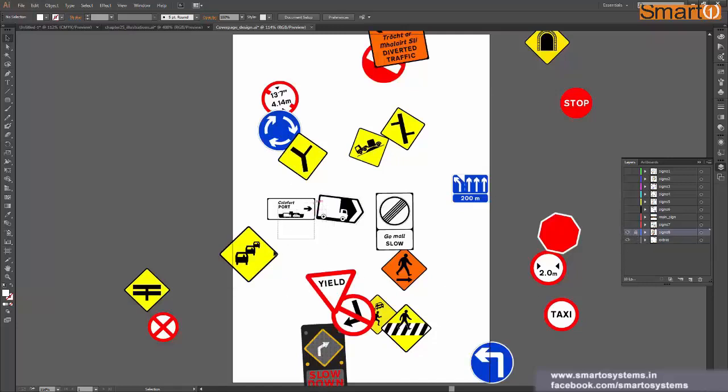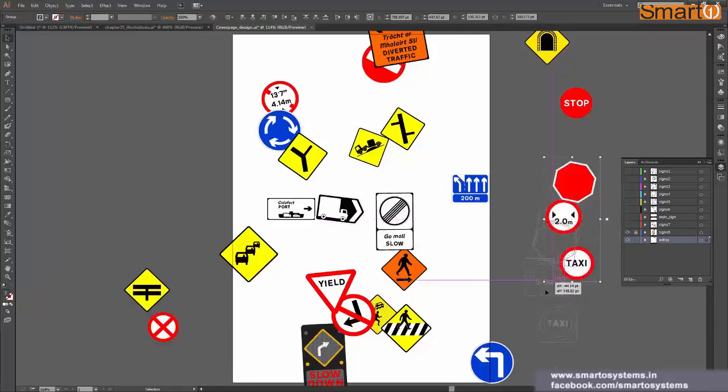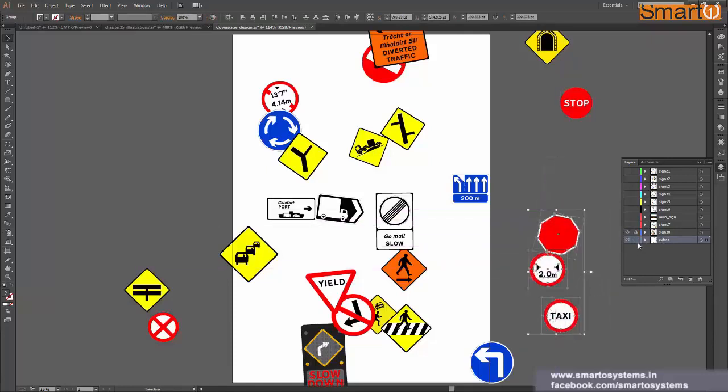Okay, now next to it we have this empty space where we can click and it will lock the layer. So now I'm not able to move this layer at all, or actually all the objects present inside this layer I will not be able to move. But the layer beneath it, I'm able to move shapes because that layer is still unlocked. So if you want to lock that layer also, you can just click on this empty box, and this layer is also locked.